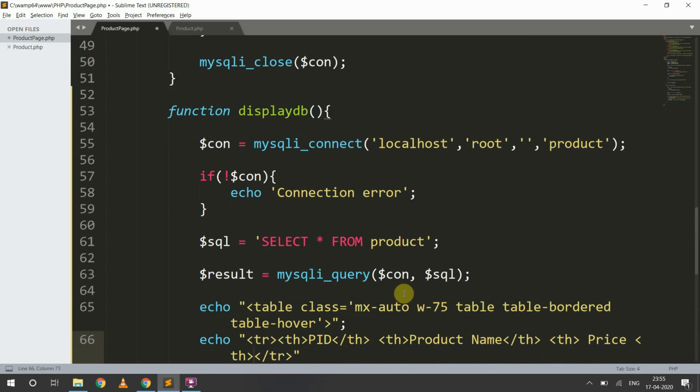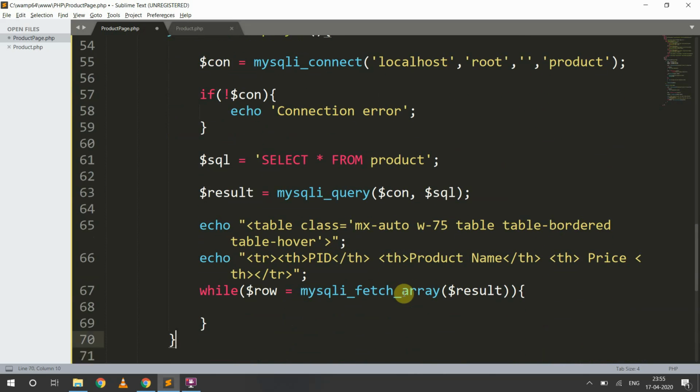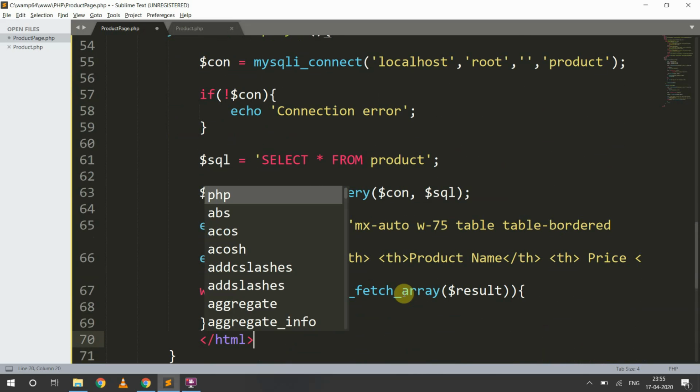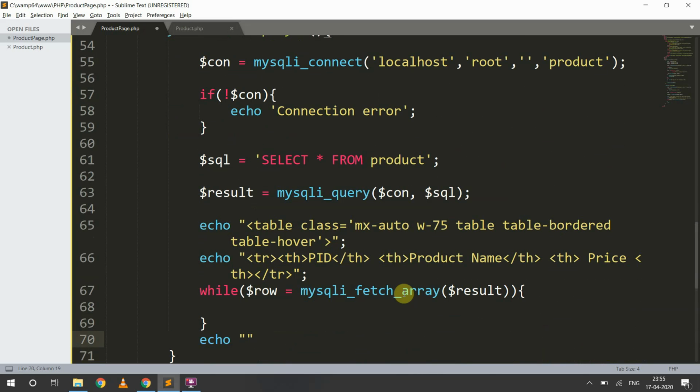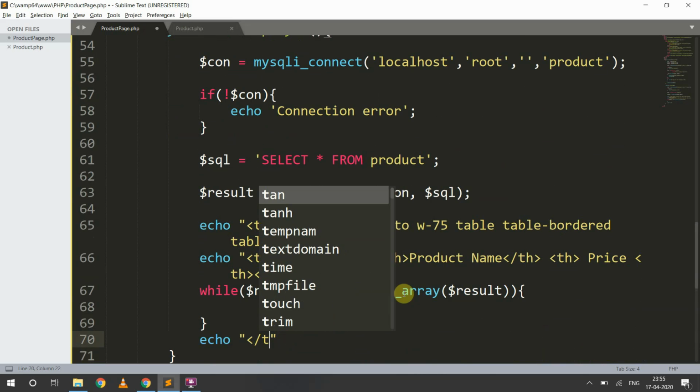Okay, so this will create the basic structure of the table. Once all records are fetched, I will echo again the end of my table.